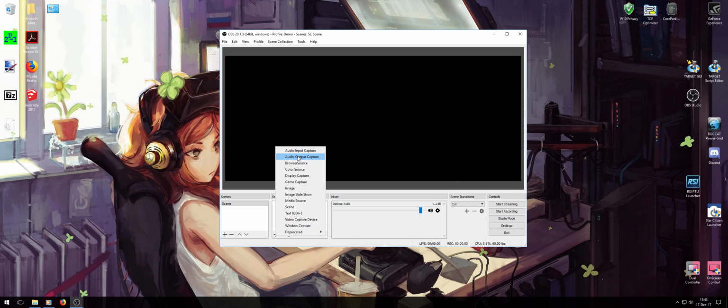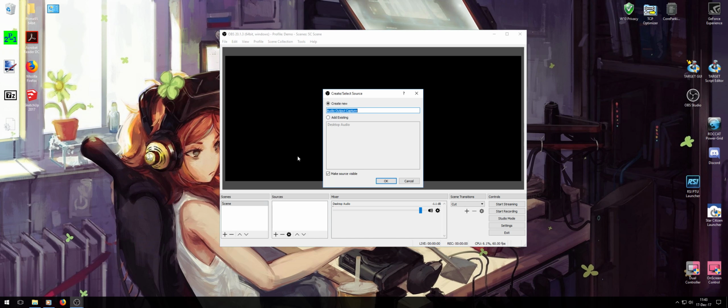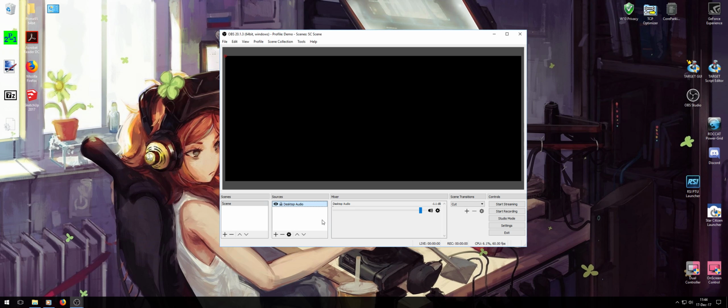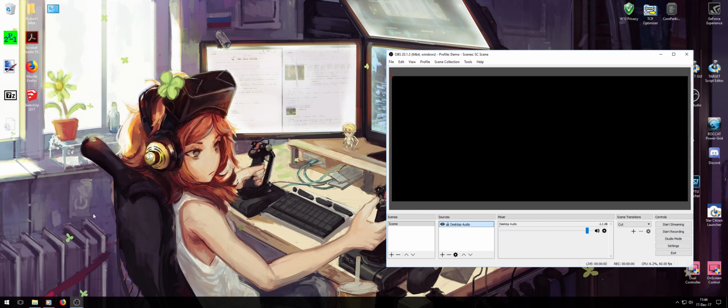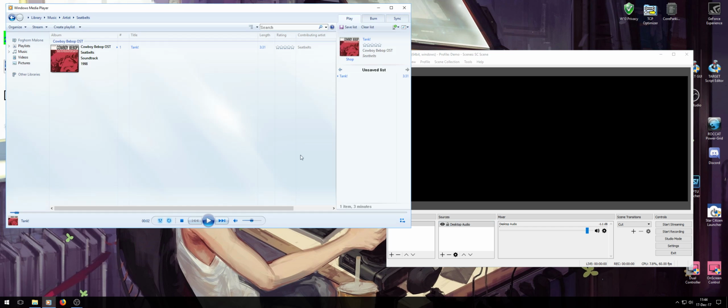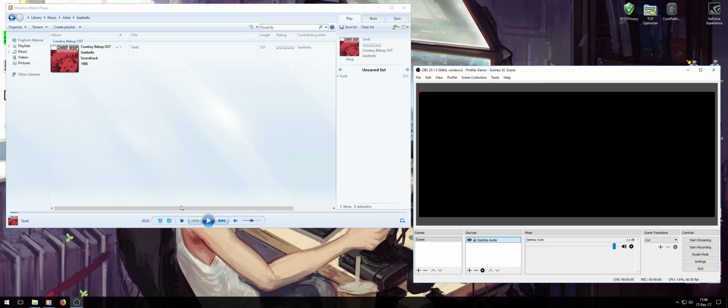You have output capture, so like what audio output is coming out to the speakers. There's an existing one there, the desktop audio, which you see defaults into the mixer. So now that I have that, let me put this over here. If I'm playing music or something that'd be coming out my speakers, desktop audio is where you capture that,